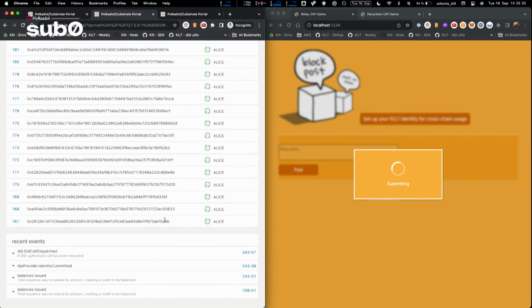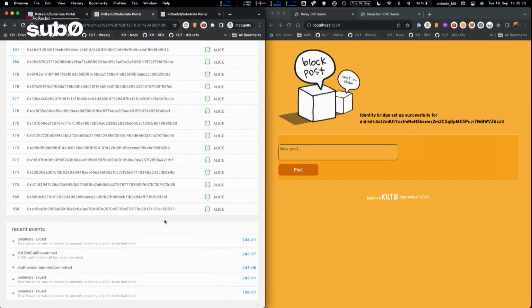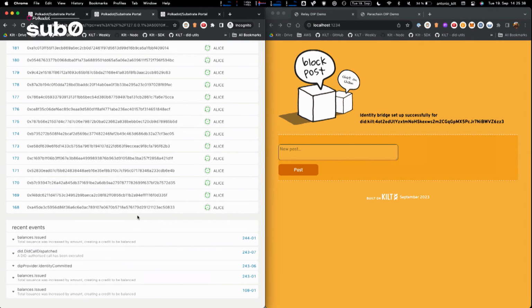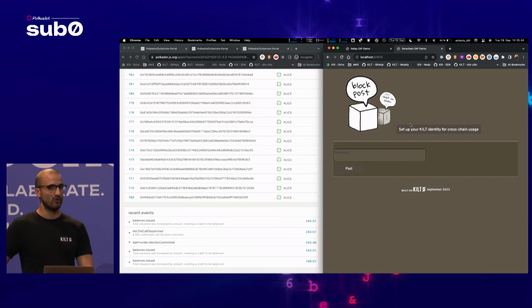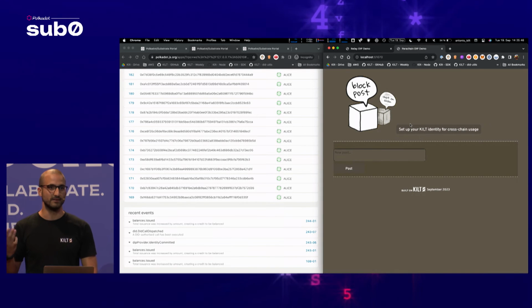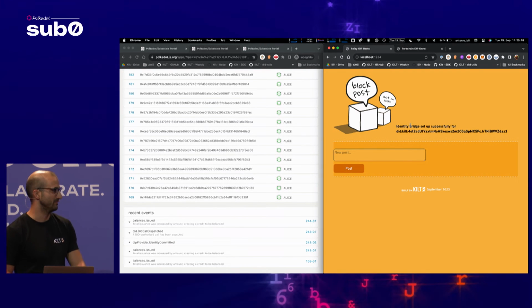Yes. So now I have basically aggregated my identity on the KILT chain. There is a representation of my identity, which in our case is a Merkle root of different bits of storage entries under one Merkle root. Now, because I have committed it on the KILT chain, under my NTN X2 Web3 name, one of the two identities that I have, I can now go ahead and use it directly either on the relay chain or on a sibling parachain without requiring much more configuration.